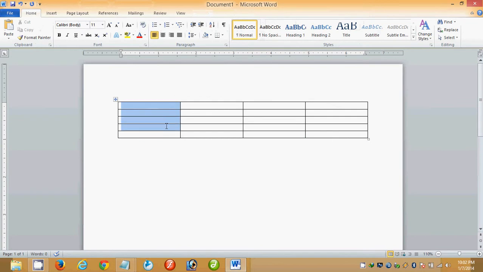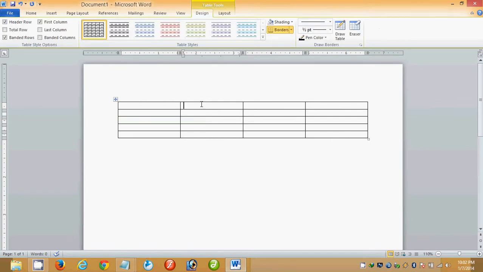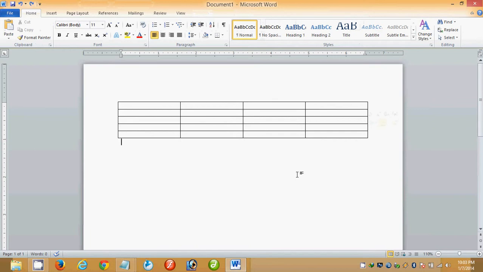In the same way, this is the first column, second column, third column, and fourth column. A table can have n number of columns and n number of rows. A combination of columns and rows is called a table.